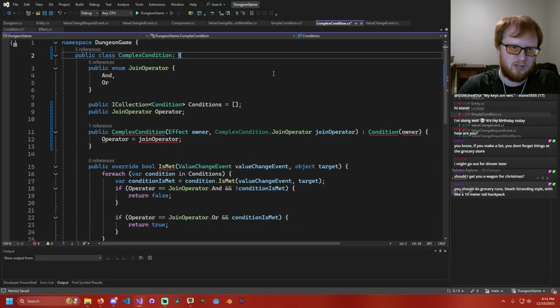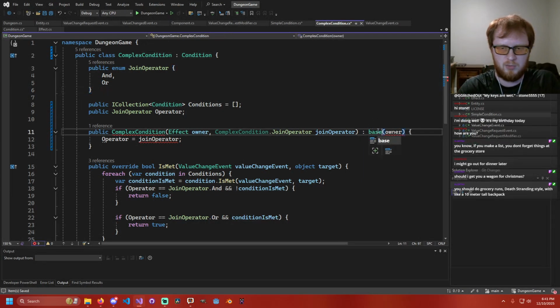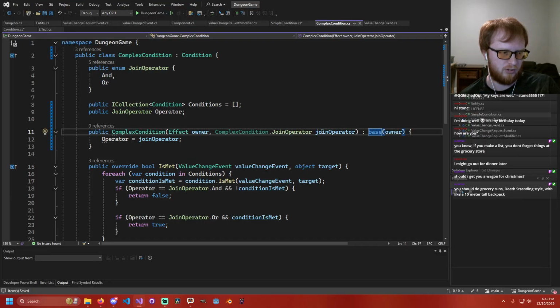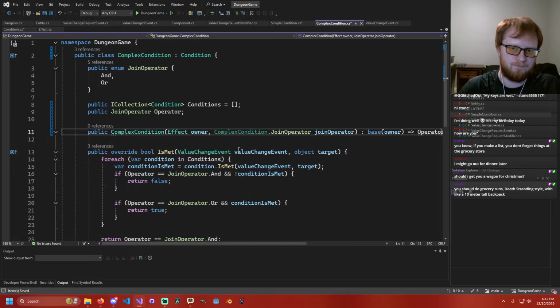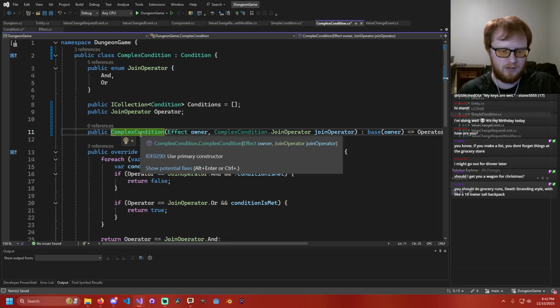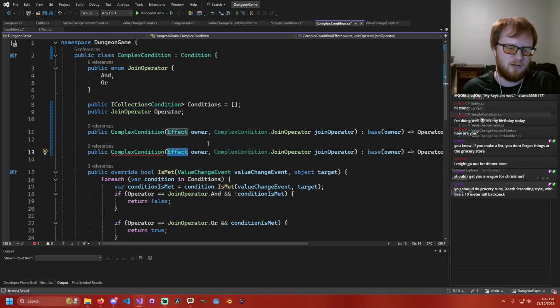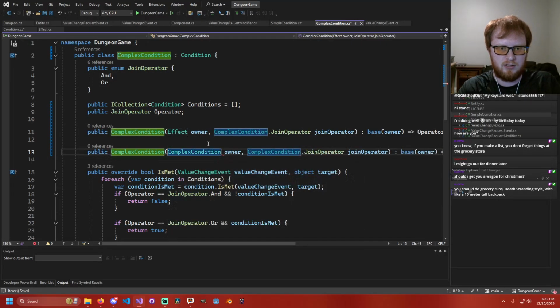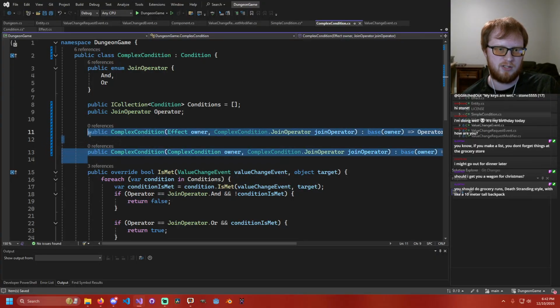Oh, because I'm not actually extending condition anymore. And then this should be base, not the word condition. Okay. Let's make another one here that instead of taking an effect, it takes a complex condition. Okay. We can do a very similar thing